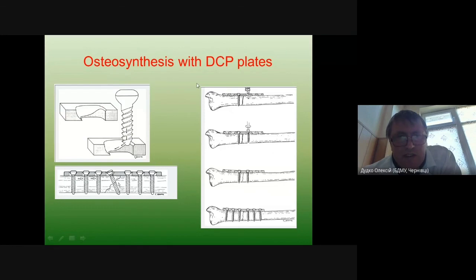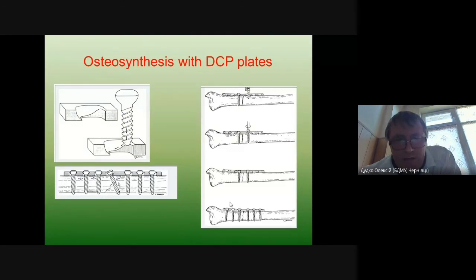Now, by means of this dynamic compression plate, it was changed, and you insert one screw, and here you insert eccentrically a screw in the oval hole. And when you are tightening these screws, the gap between fragments is decreasing. When it is decreasing, it means that we have chances for